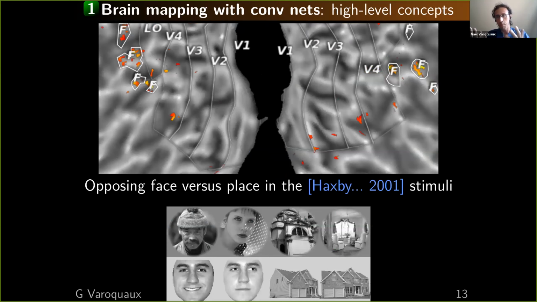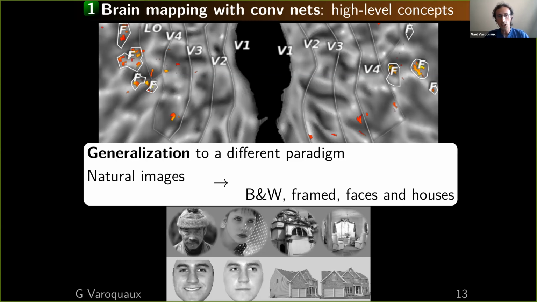And so based on our model, if we do this, we find that our model predicts that there is going to be a difference between faces and places in areas such as the FFA and the PPA, so in the corresponding areas of the brain. So why is this interesting? It's interesting because it's giving us a strong generalization, because we're going from a paradigm that is built on natural images with results that are related to natural images, and we're showing that they're carrying over to different